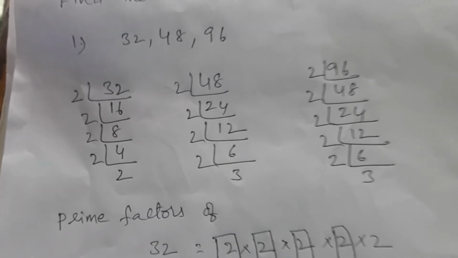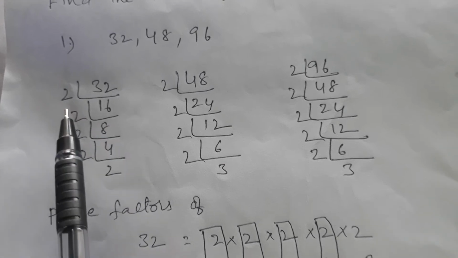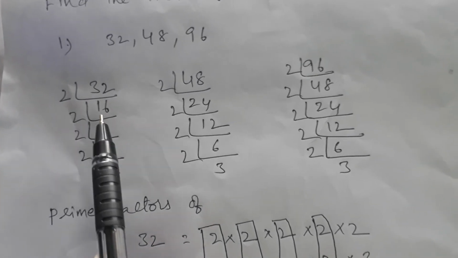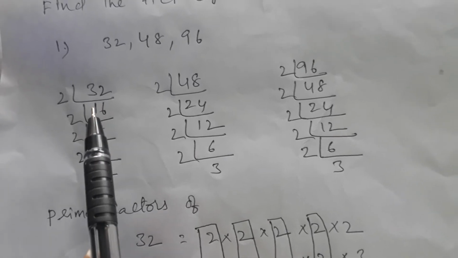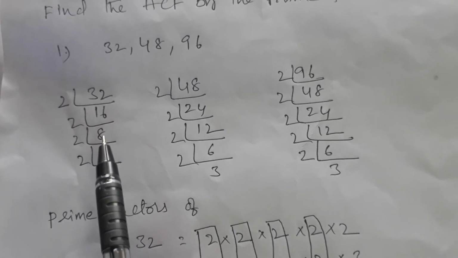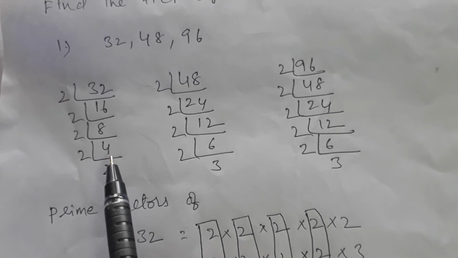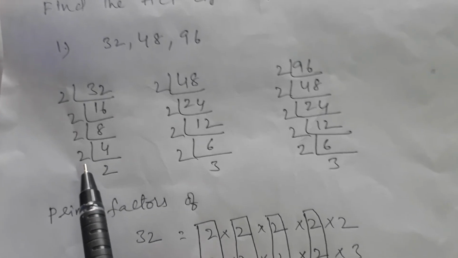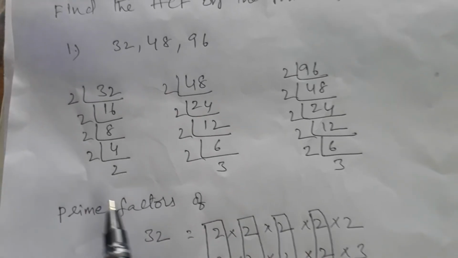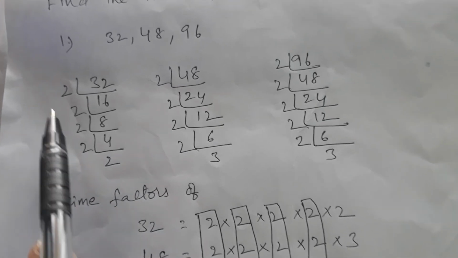Now take 32 and divide with prime numbers. Take only prime numbers as divisors and divide. See, first take 2. 2 16s are 32. Now again take one more prime number 2. Again 2 is possible in 16, 8 times. Again 2 4s are 8. Again take 2 as a divisor. Now 2 2s are 4. These are the prime factors. Prime numbers as factors, prime factors.